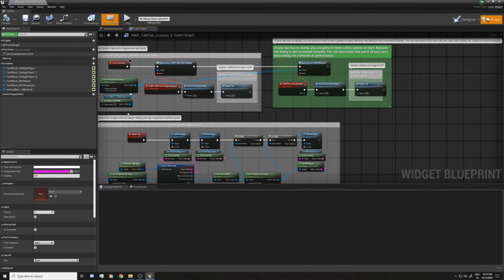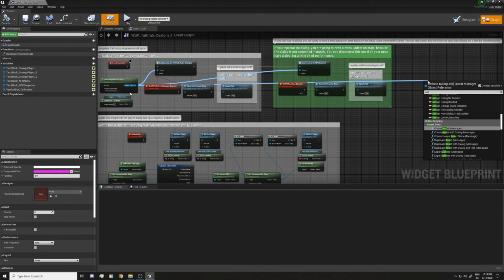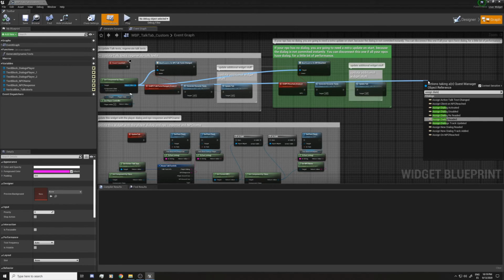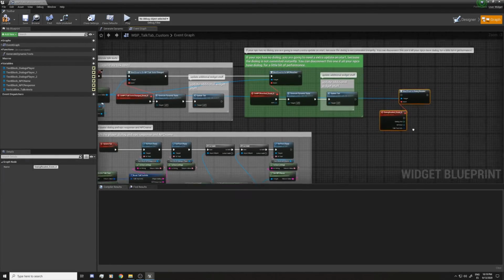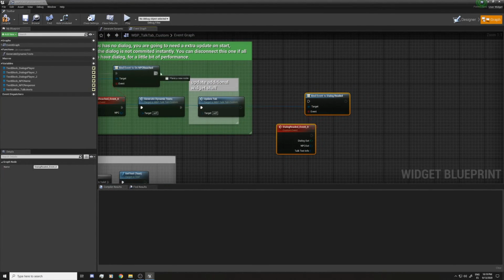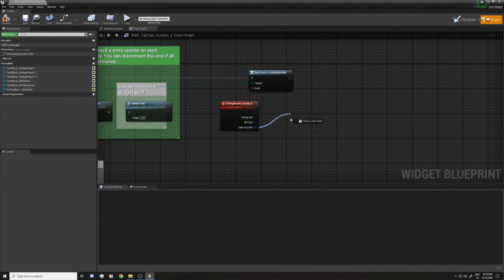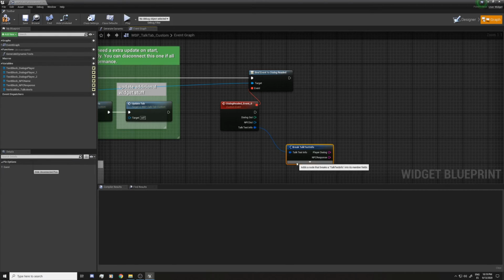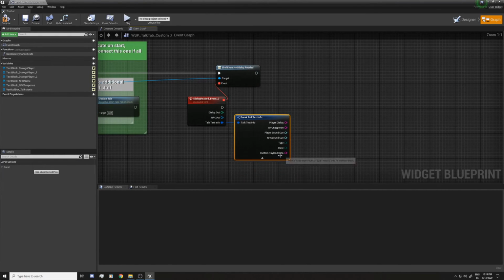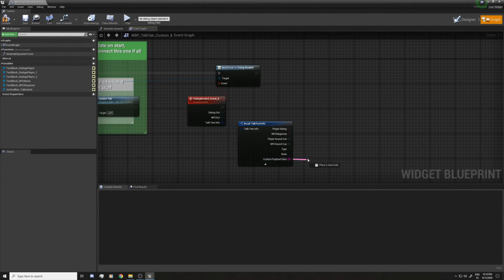And now I'm gonna use a new event dispatcher. So I'm gonna go and assign, and in dialog, and you have some options here, but I'm gonna use assign dialog reader, and you can see all the information that this dispatcher gives you, and you have access to the talk text, and in the talk text you can see the custom payload.